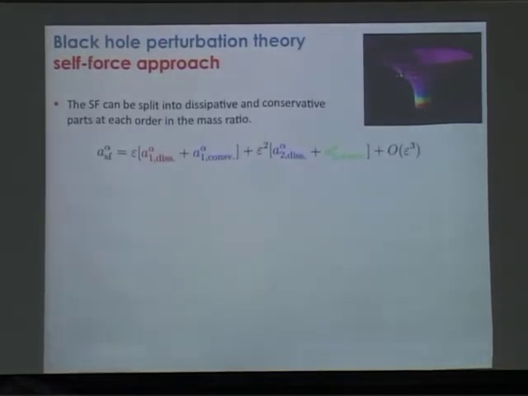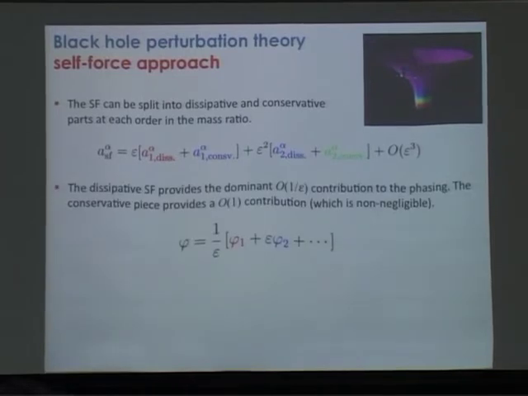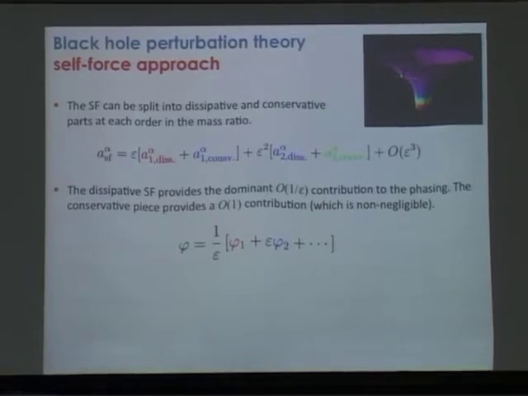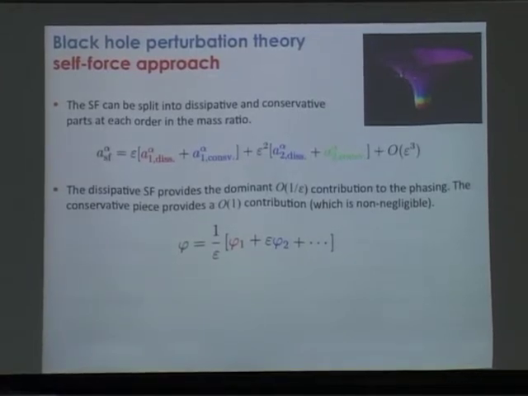Okay, so I will skip through some of this quickly. When we talk about this self-force effect, we can write the self-force in different kinds of pieces. First of all, we can write it in an expansion in the mass ratio. There's a first-order piece of this self-force that's proportional to, say, the mass of my compact object, or my smaller black hole, and there are corrections that go like the square, et cetera.